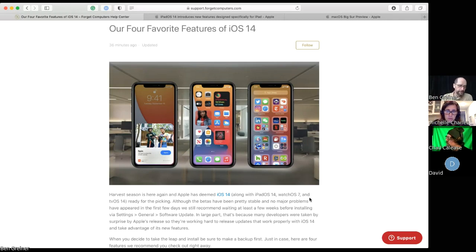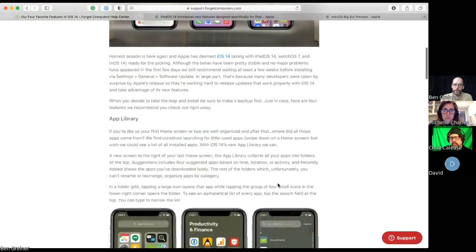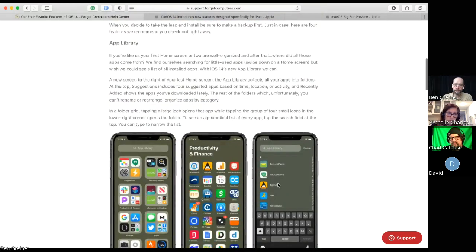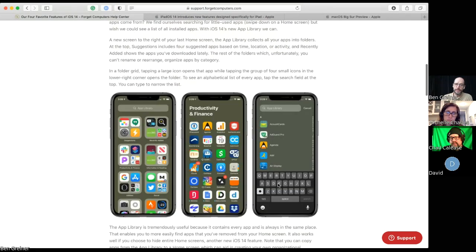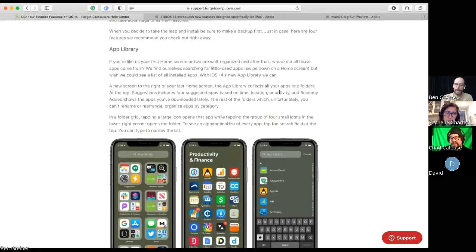And because my phone is not set up for a live demo, meaning I would expose personal and private information if I tried to do that, I'm going to stick to screenshots and KB articles. But it's very easy to follow along at home, and I would recommend doing that. So one of the things that I find interesting in iOS is this app library. If you haven't done this, and it only works on iOS, it does not work on iPad, and I don't know why. I'm sure they'll introduce it to iPad eventually.